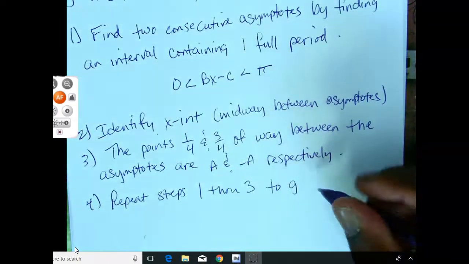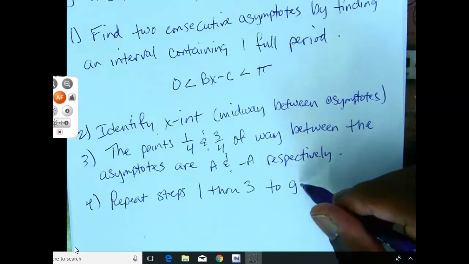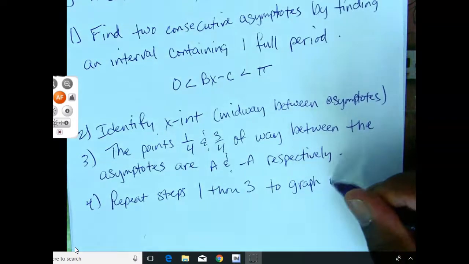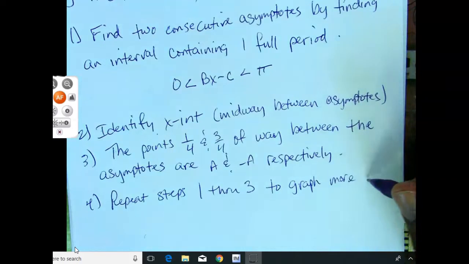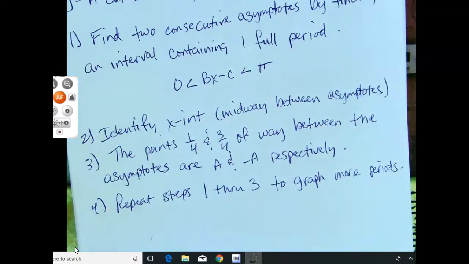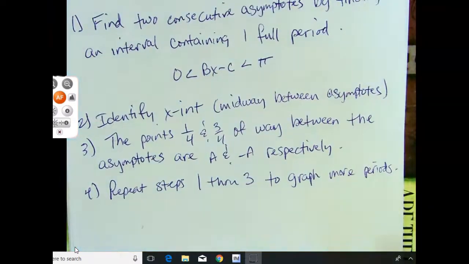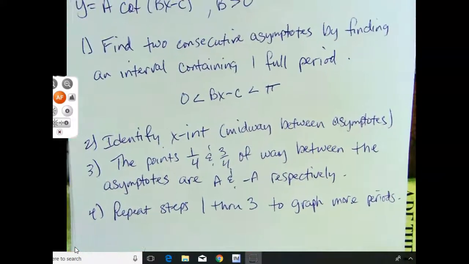So repeat steps 1 through 3 to graph more periods. Alright, so let's take a look at an example here. Alright, so again,